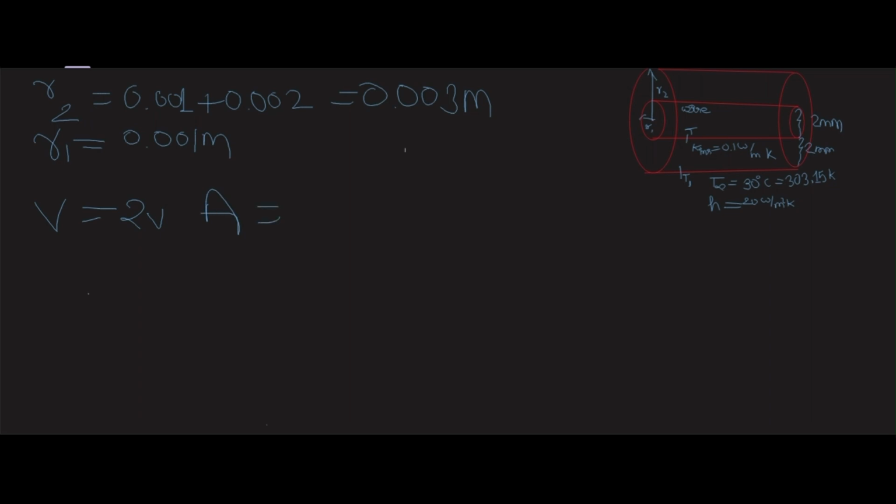Basically, we know the power supplied to the wire is equal to V into I. So we need to calculate power, whose unit is watt. We have 2 into 5. It is exactly 10 watt of power which is supplied,